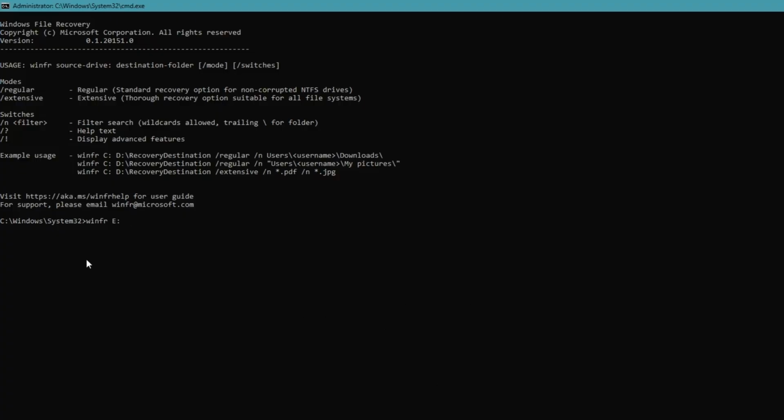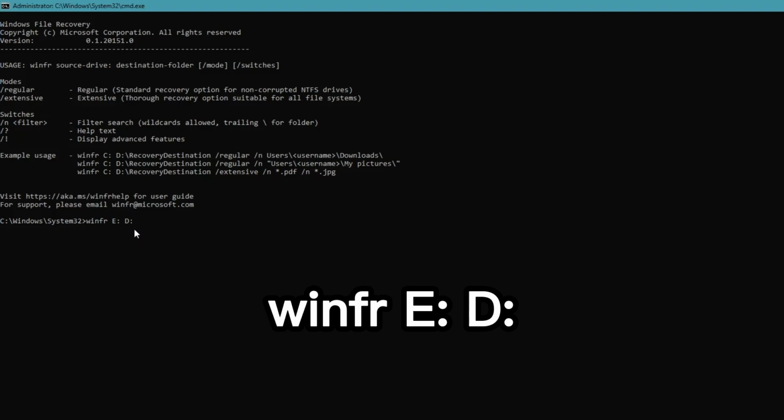You need to type the letter of a different drive where you want the recovered files to be saved. This could be a USB drive or another hard drive in your computer. Let's say you want to save them to drive D. Your command now looks like this: winfr E: D: